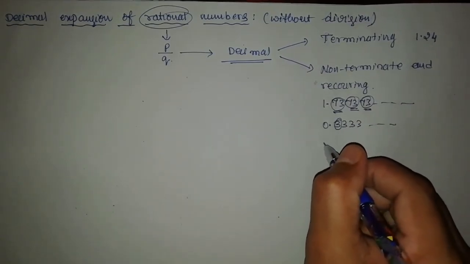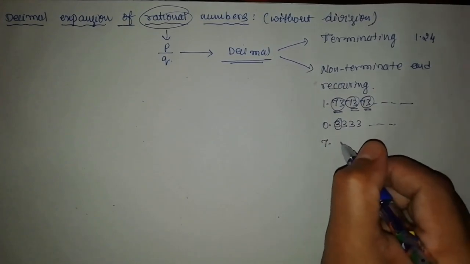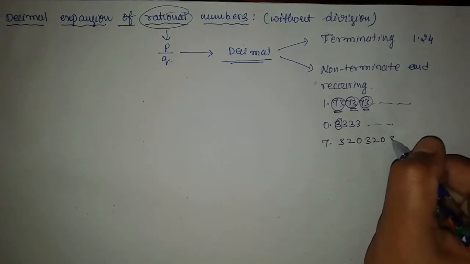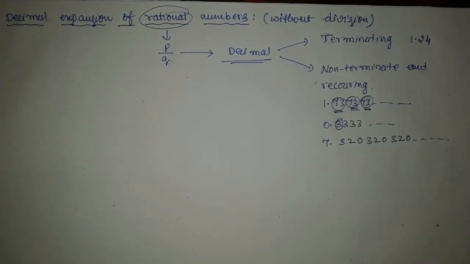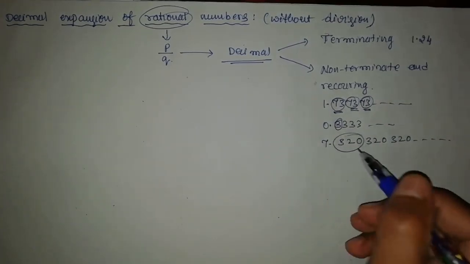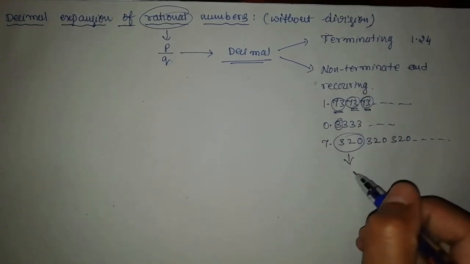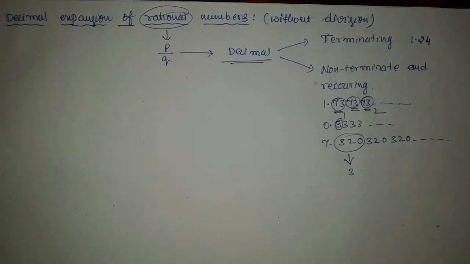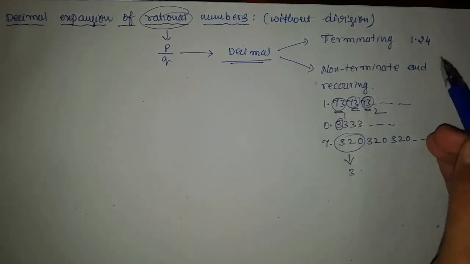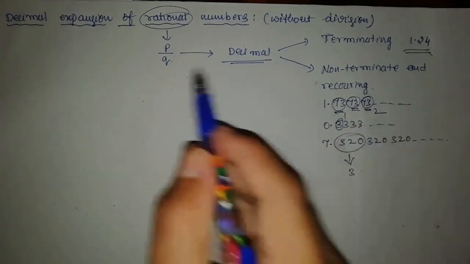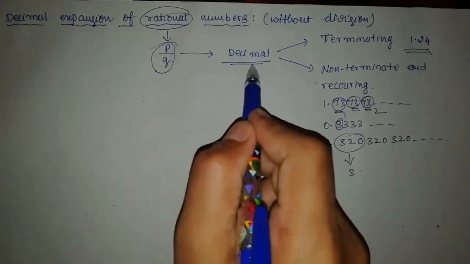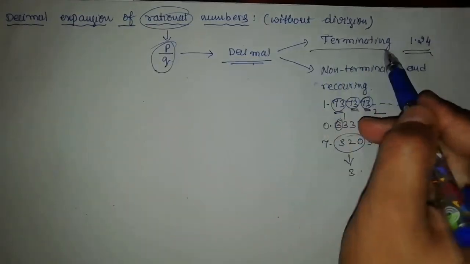In the same sense, I'm going to consider 7.320320 and so on. Now this is also a number in which the repeating string contains how many digits? 3 digits. Here only 1 digit, here 2 digits, like this. This is called recurring, and it should be non-terminating, but here it is terminating. When you express a rational number which is in the form of p by q to decimal format, two possibilities are there. One is